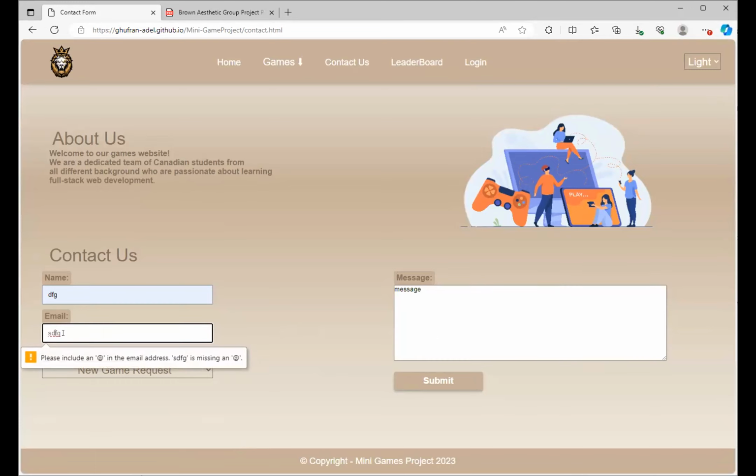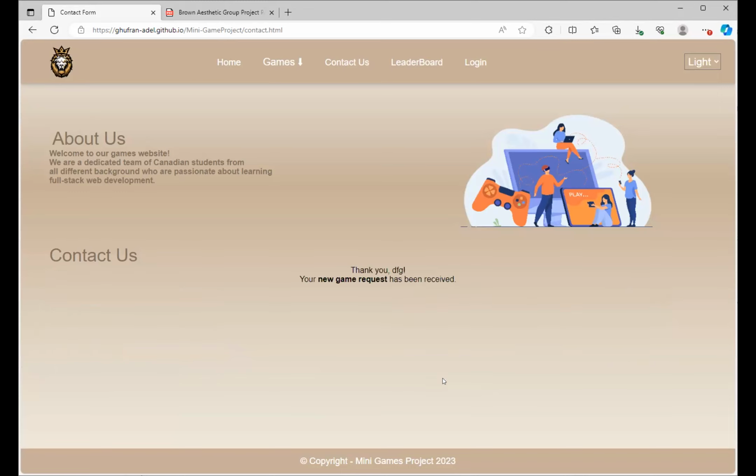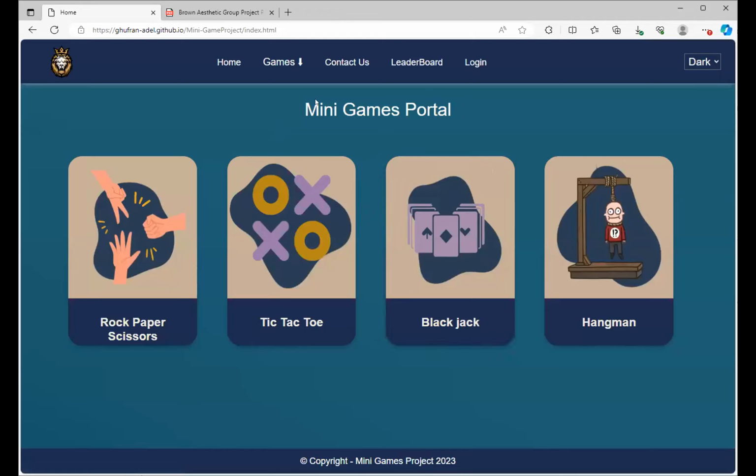Hold on. It should be something alphanumeric dot com or dot something alphanumeric, I believe. And then it says the message has been received. So that is pretty much what I have done.